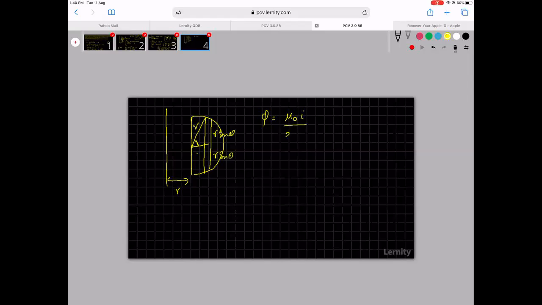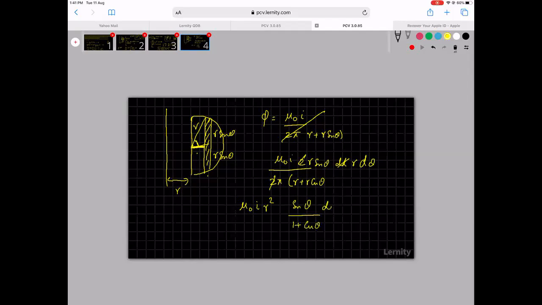So mu naught I by 2 pi d. D is r plus r... sorry, now I got it. Okay, r plus r cos theta. It is not sine theta. This distance is r cos theta. So it is mu naught I by 2 pi r plus r cos theta into this area. That area is 2 times r sine theta dl. The dl is again r d theta. So the 2 gets cancelled. So it works out to be mu naught I r squared sine theta by 1 plus cos theta d theta